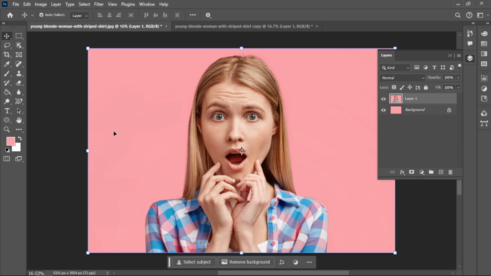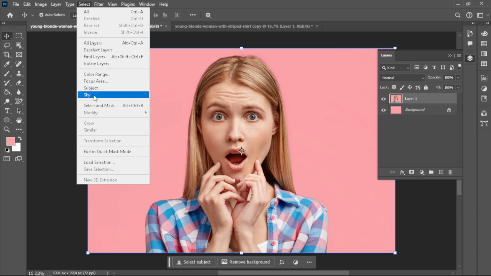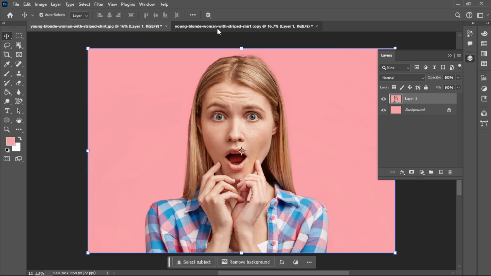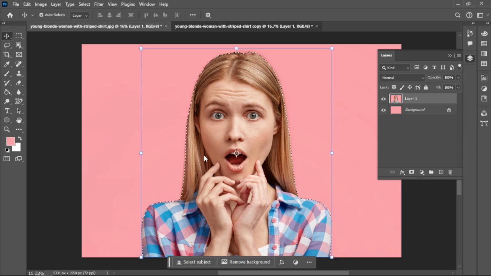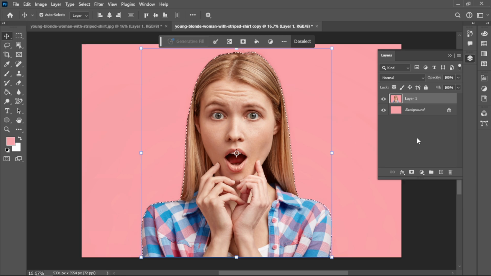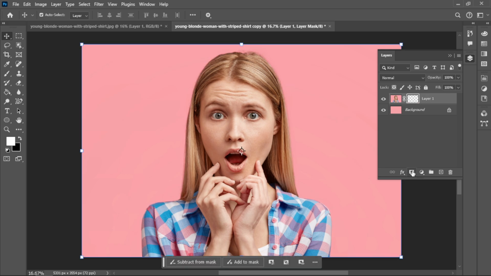Once your image is open in Photoshop, go to the top menu and click on Select. Then choose Subject. Photoshop will automatically detect the main subject in the image for you. After the subject is selected, add a layer mask to isolate it from the background. Then press Ctrl and J on your keyboard to duplicate the image layer so you have a separate copy to